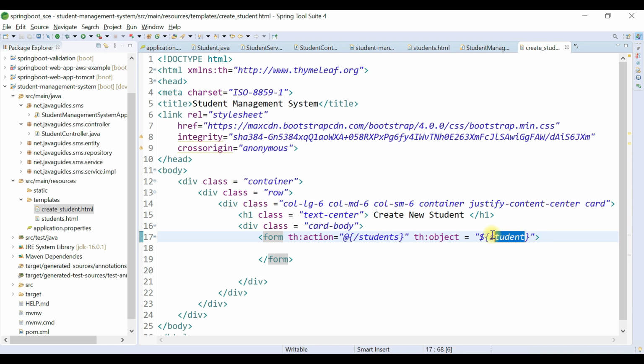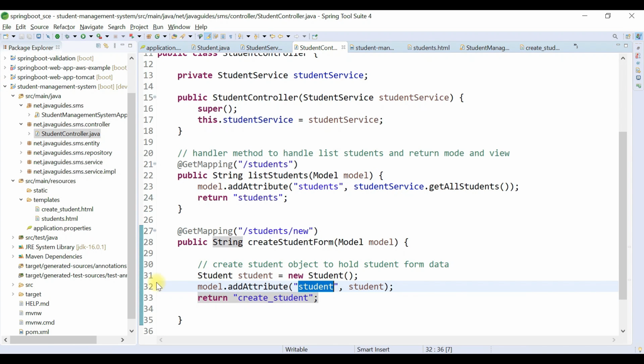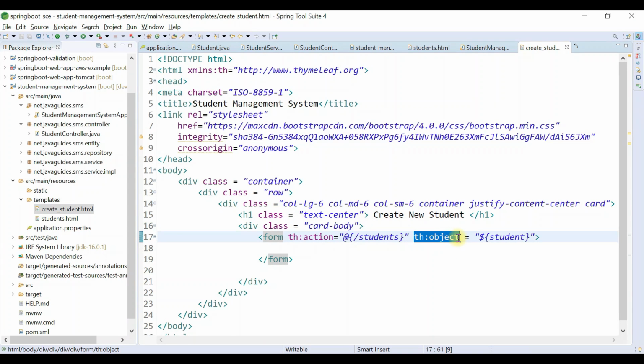Okay, so this student object we have provided in a student controller here. Okay, we have added it to the model, and in order to access this empty student object, we have used th:object, and then $ within curly braces we have provided the object name. Alright, and we are going to add a method, that is post.